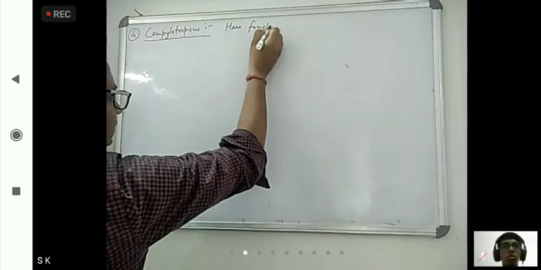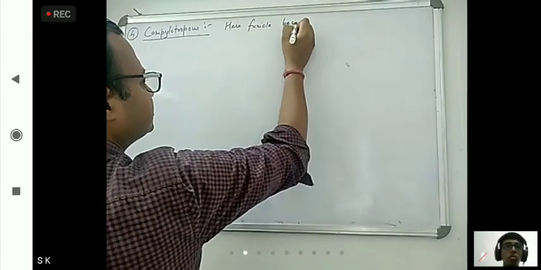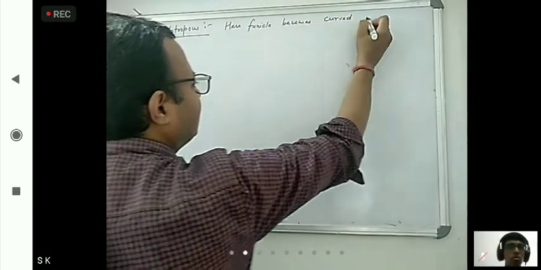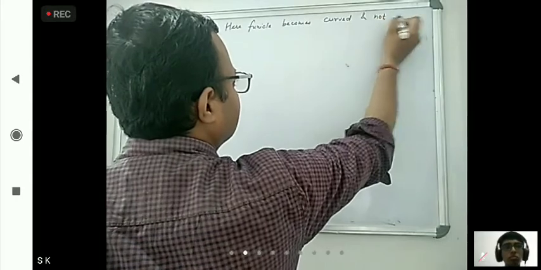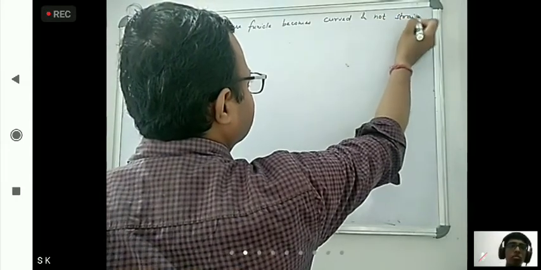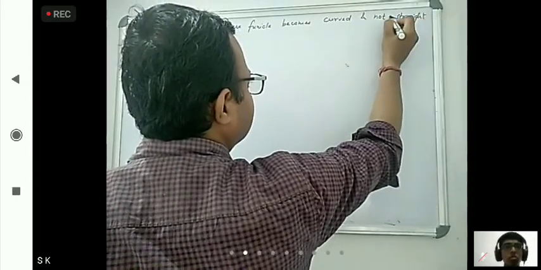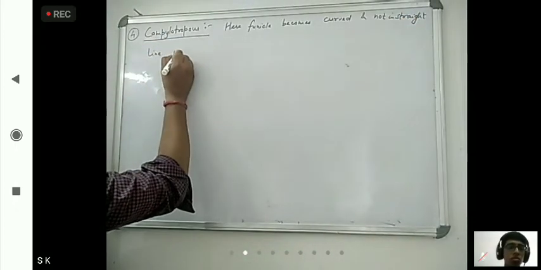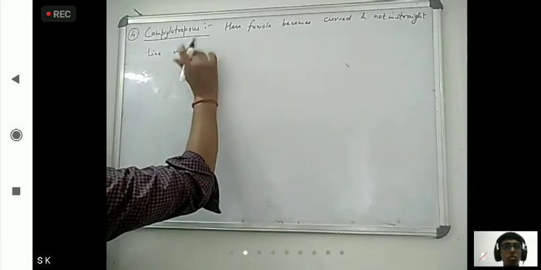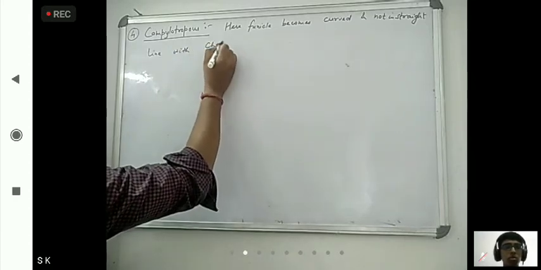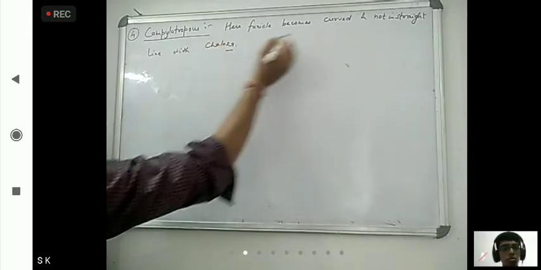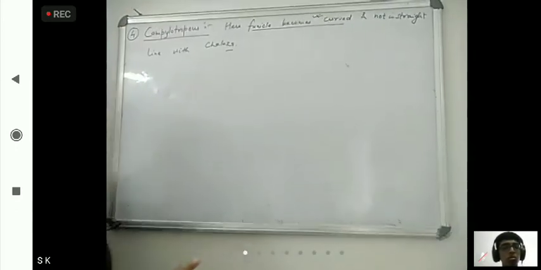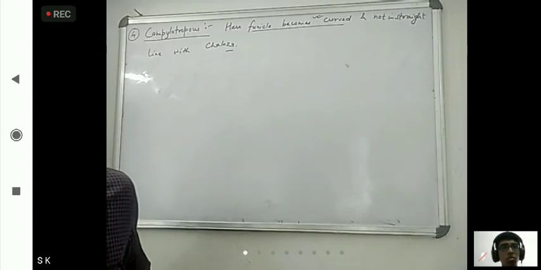Funicle becomes curved and not in a straight line with chalaza. Okay, here funicle becomes curved. This you have to remember, and not in a straight line with chalaza. So that is known as